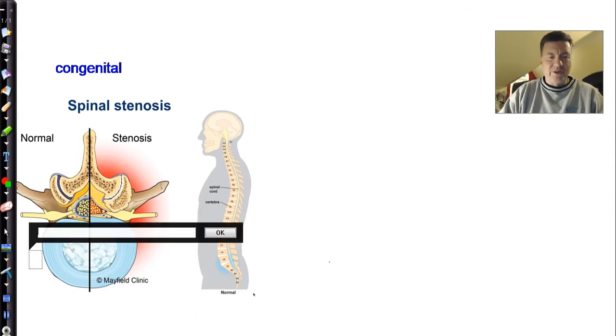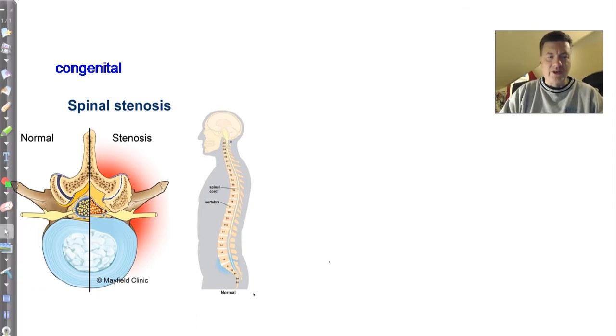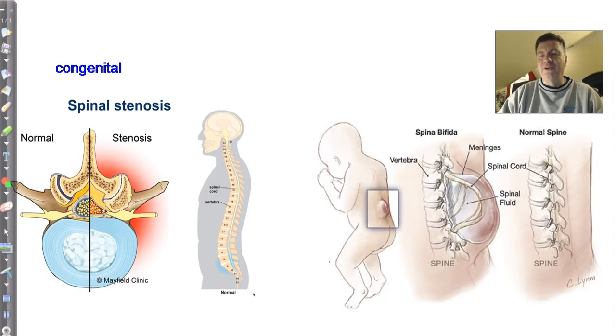The other one I want to mention on this slide, when I get my arrow here, is spina bifida. Spina bifida is a congenital issue. That is, someone again is born with it, and this is a neural tube defect. What happens in spina bifida is when the spinal cord is growing, it's supposed to be encased by the vertebral